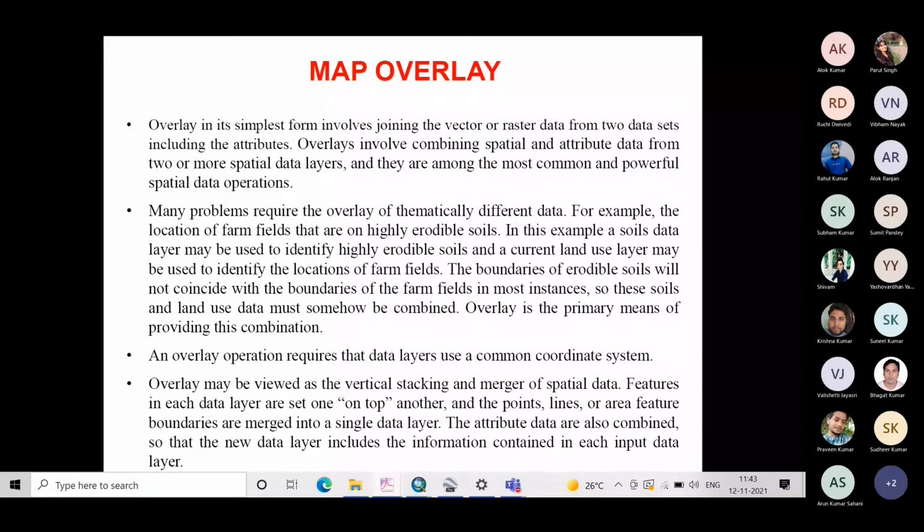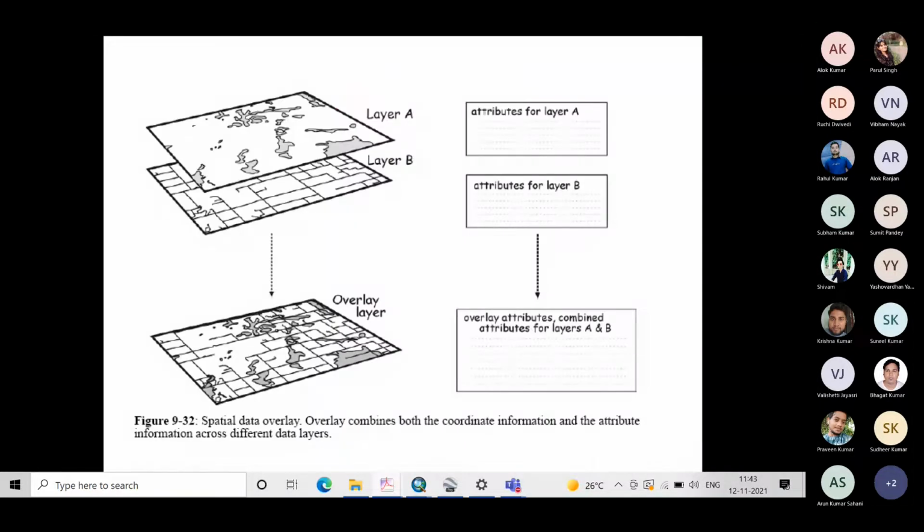The answer is overlay analysis is used to combine the spatial and attribute data from two or more layers. जहां कहीं भी क्वेश्चन में आपको एक से ज्यादा लेयर को लेते हुए आंसर करने की जरूरत है, एक से ज्यादा स्पेशल डेटा को इन्वॉल्व किया जा रहा है, उस केस में दोनों डेटा को आप इंटीग्रेट कैसे करेंगे? ओवरले लगा करके। ओवरले केवल ज्योमेट्री में ही नहीं होता, दोनों में होता है।